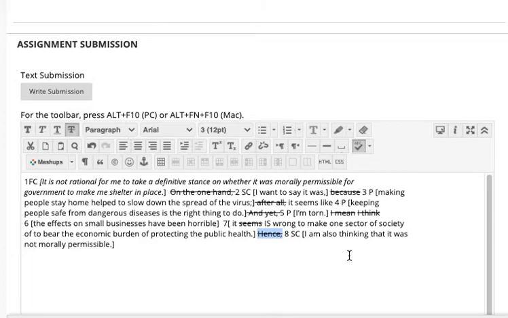I am also thinking that it was not morally permissible. Okay, so it was not morally permissible. Here I am going to leave in this word thinking, even though it often seems like a hedge. I got rid of it here, but it seems to make more sense to keep thinking here. It's not merely functioning as a hedge. It's saying I'm lacking conclusion about what? Whether I should accept this conclusion or take this conclusion as my definite stance, which is relevant to claiming it's not rational to take a definite stance. So I'm also thinking that it was not morally permissible. Okay,